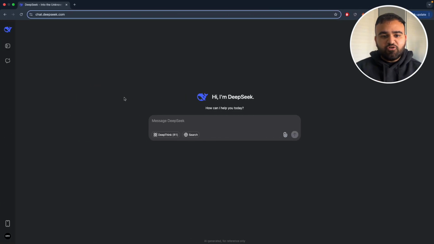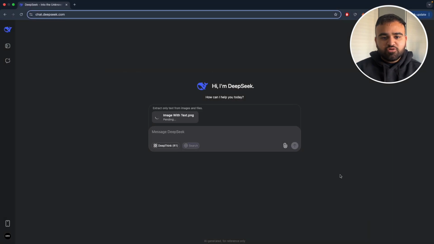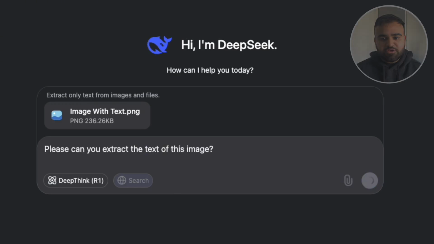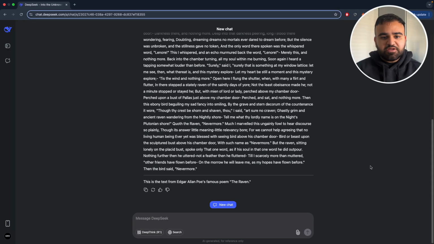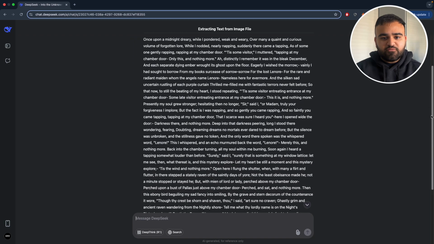As I mentioned before, DeepSeek is also able to extract the text off images. To test this out, I'm simply going to upload this image which contains text. Now I'm going to ask, please can you extract the text off this image? As expected, in the matter of seconds, it has provided a full extract of the text from the image which